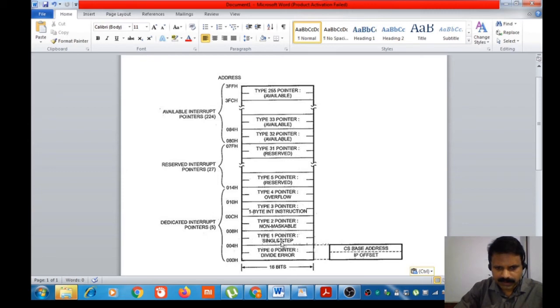These 4 bytes are 2 words. The first word starts with the address 00004. The second word starts with the address 00006.